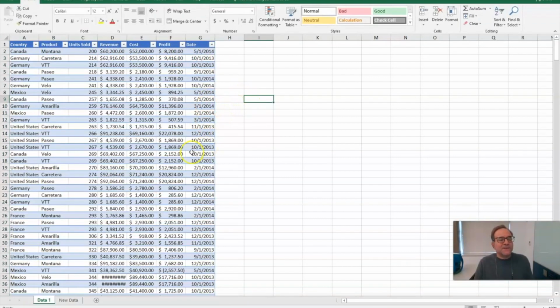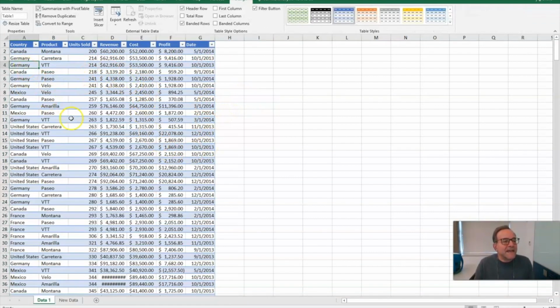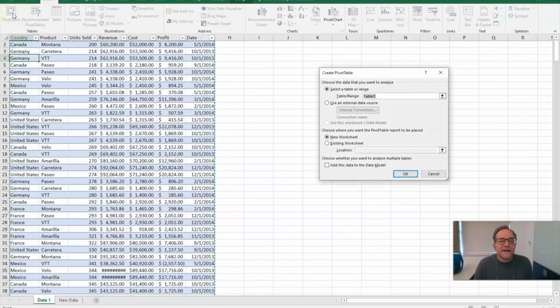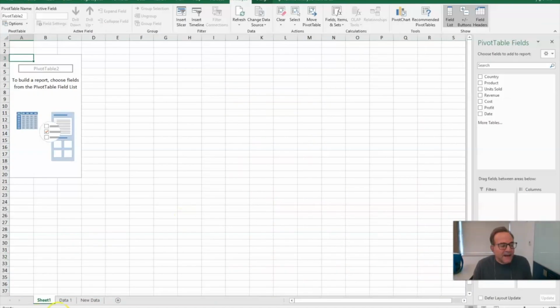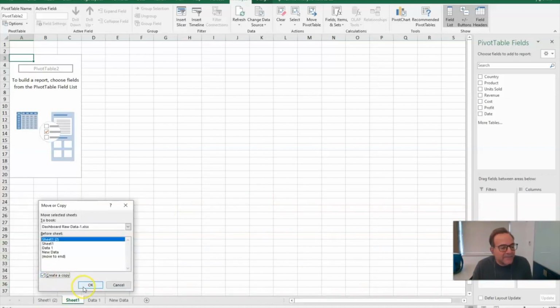The next thing you want to do now is to create a pivot chart. So staying in the data again, let's go to Insert, Pivot Table, and we want to make a pivot table on a new worksheet. And actually what I'm going to do right now is copy this twice, because I'm going to need 3 pivot tables and charts. So I'm going to go to Move or Copy, and now I have 3 copies.